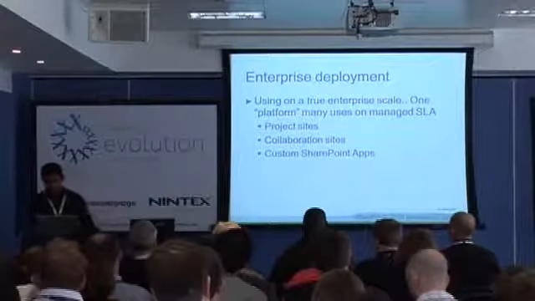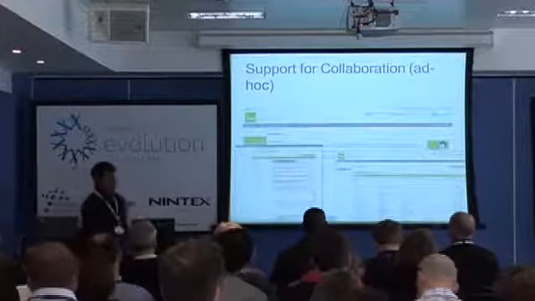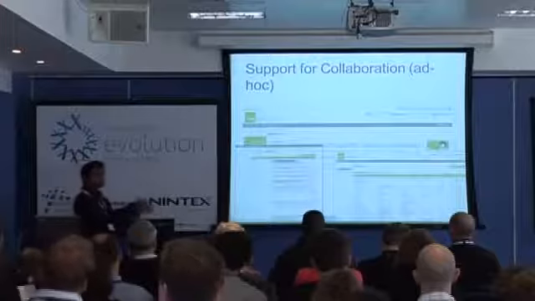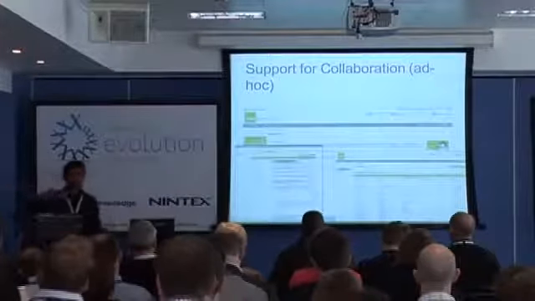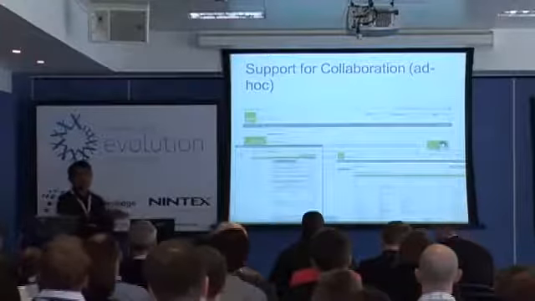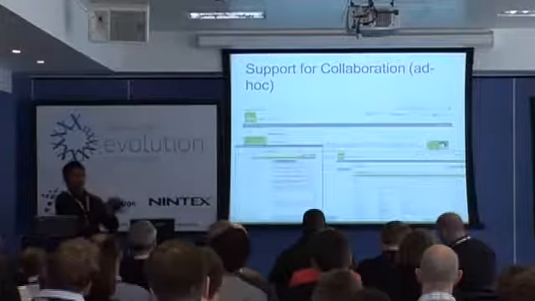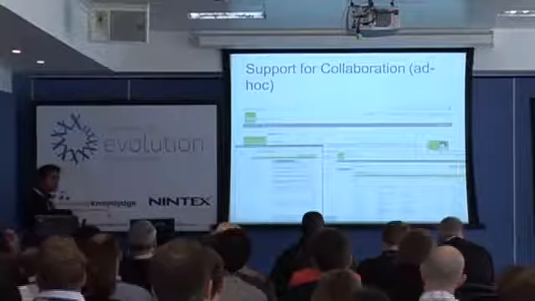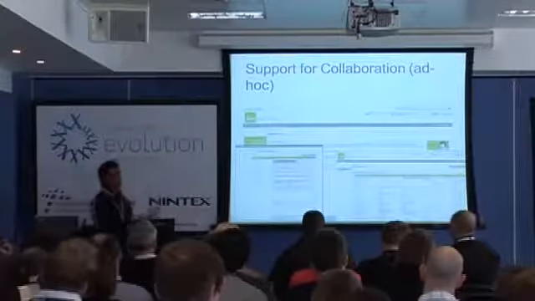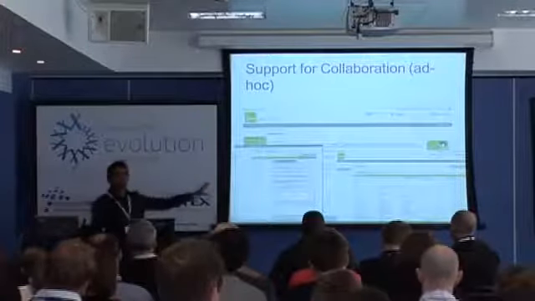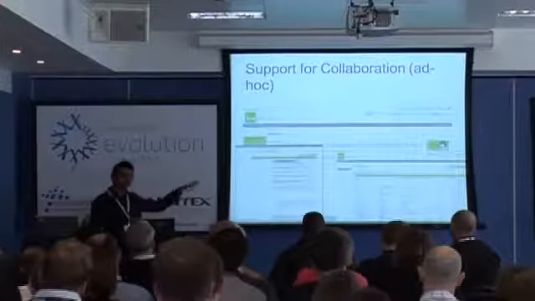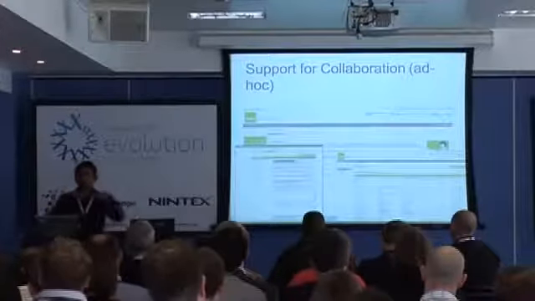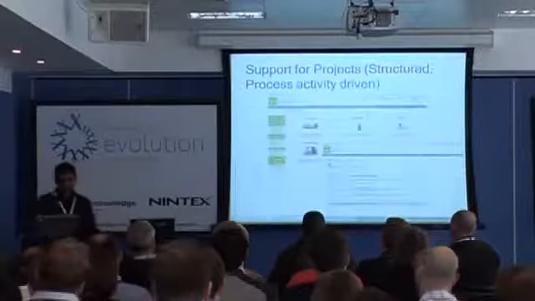So for example, for ad hoc collaboration, you could request a site. Everybody goes to a form and says, I want a site. It gets sent via workflow, a site gets provisioned, and it says, okay, this site is only going to be available for you for 3 months, and after 3 months, this is going to get archived. So I need to backtrack a little bit. You might think, well, how is that all going to work? There's a lot of work involved in getting to this point, to be mature enough to do that kind of stuff. There's information architecture involved, which obviously we're going to talk about. We're going to talk about what you do with content. So I'm just setting the scene of what we're doing.